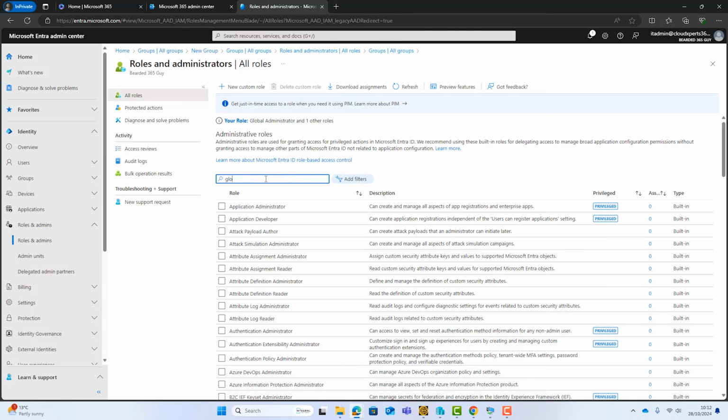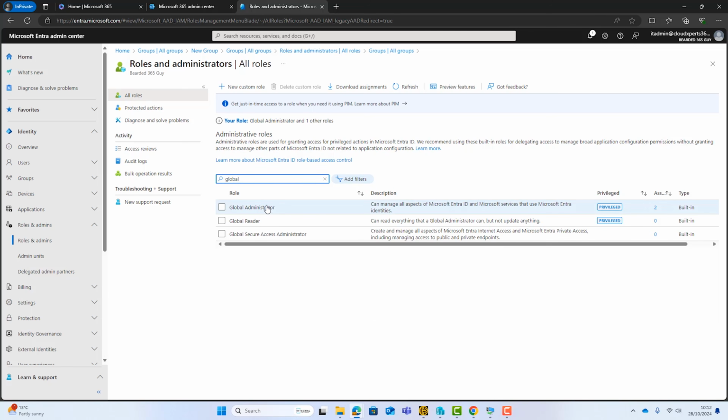We've obviously got global admin. Now, a global admin has full unrestricted access to your Microsoft 365, which of course includes the Microsoft Defender products. Please avoid just giving everyone global admin access. The permissions are just too much. You need to really give people just the permissions that they need.